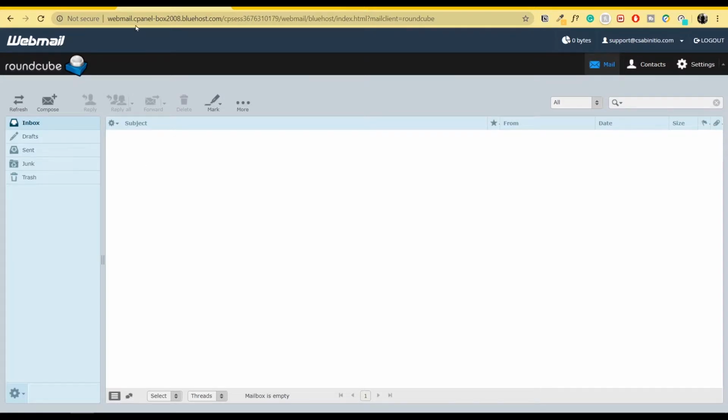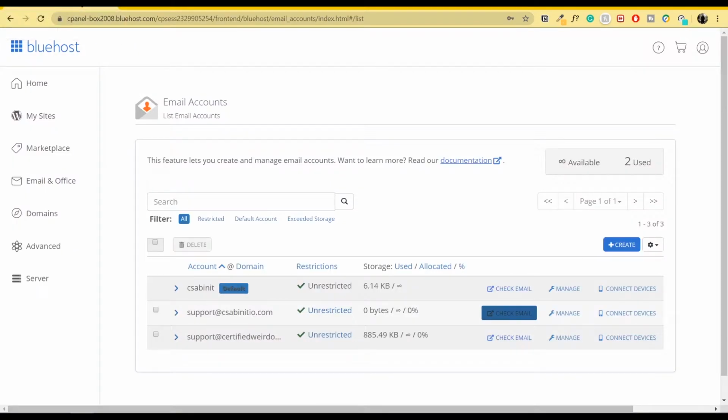However, you do not need to remember all these webmail settings because we are going to connect this email to whatever Gmail account you're using so that you can use it in future without leaving your Gmail account. So you'll be able to send messages as well as receive messages right from your Gmail inbox. In order to do that, what we'll first of all do is go back to our email accounts. Inside the email we just created, click on where it says manage.